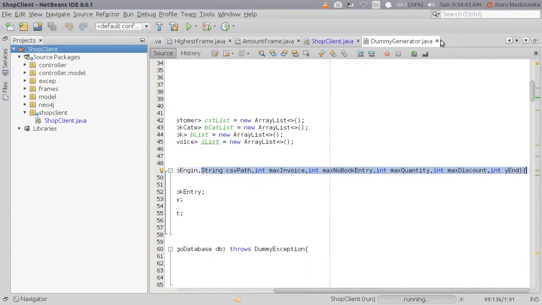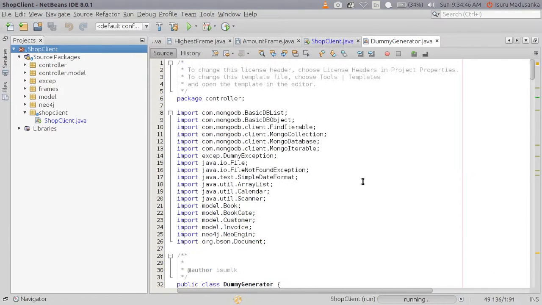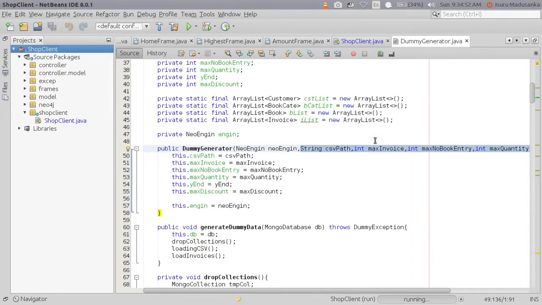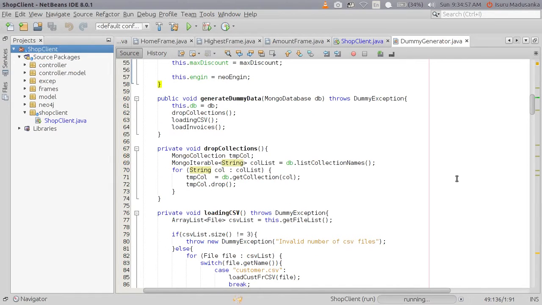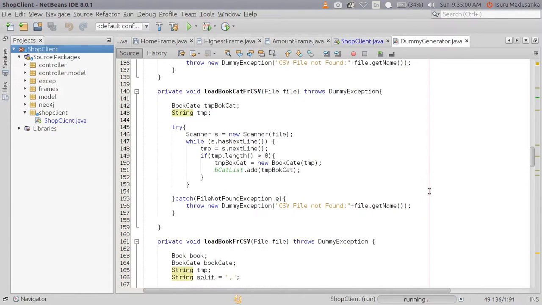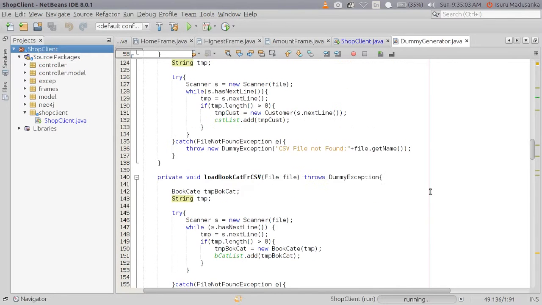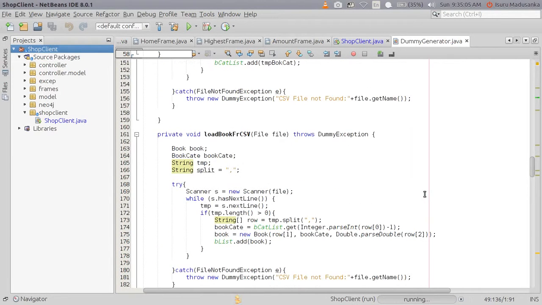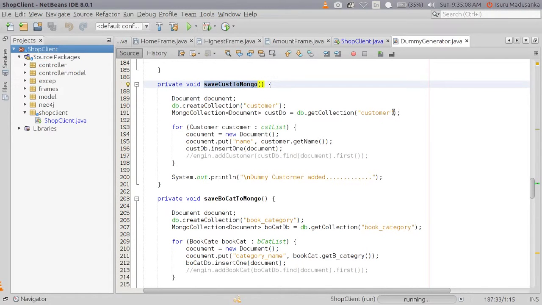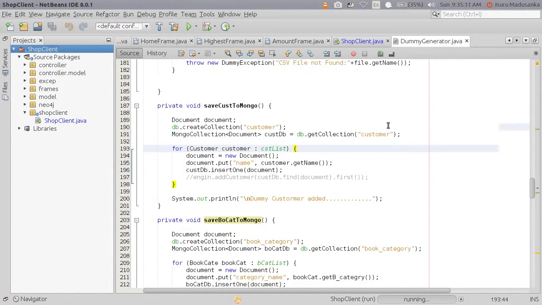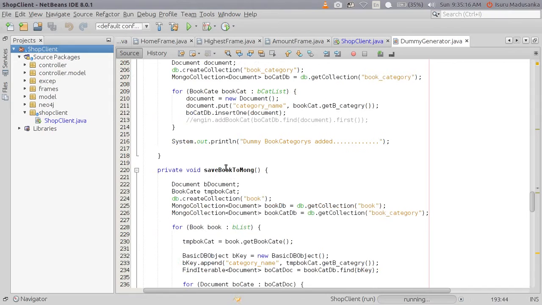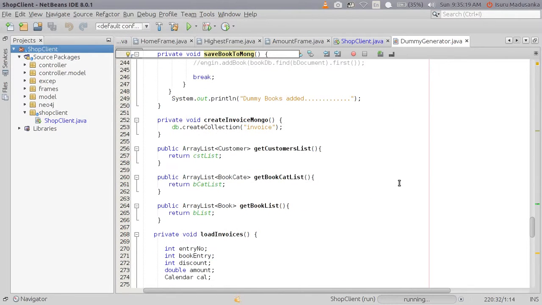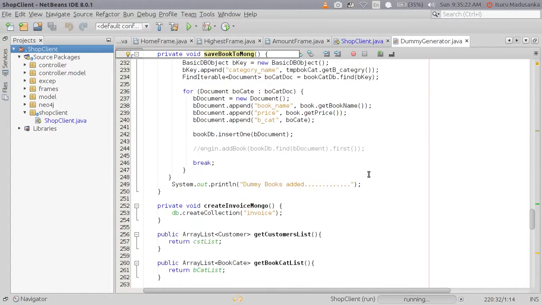But I will show you my dummy generator, because that is what we will be focusing on right now in the assignment. You can see the dummy generator will be created, and it will go through the CSV files and grab the data from them. After grabbing all the data, I put it into a list and save it into my MongoDB database. These are the methods that save my books and book categories to the MongoDB database. And at the same time, it will create a dummy